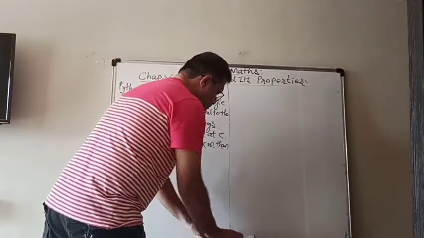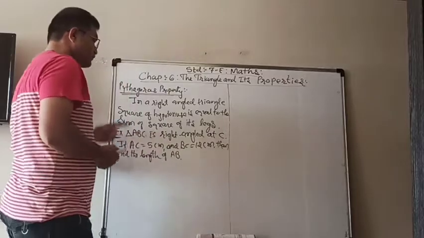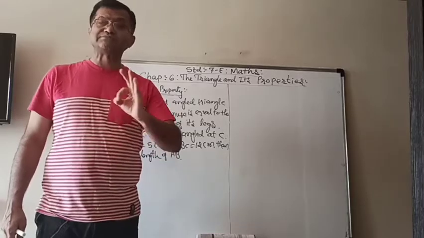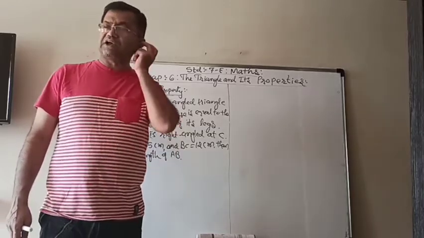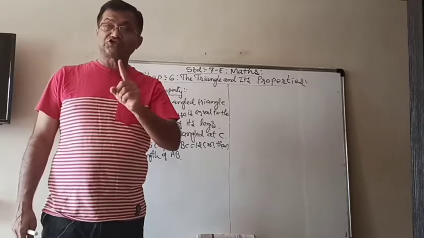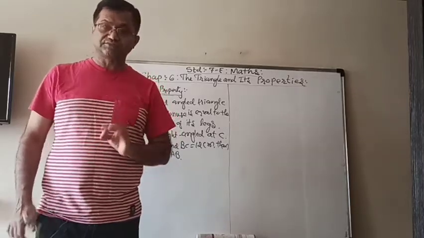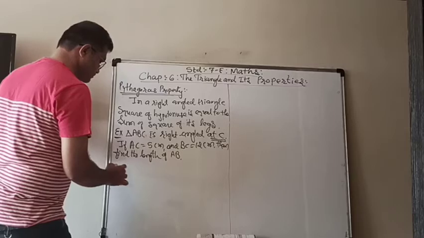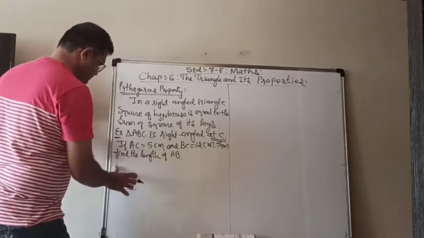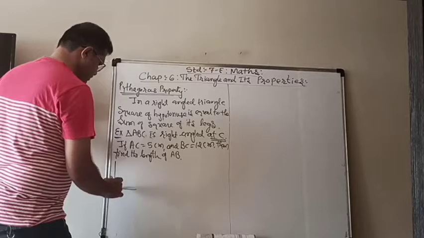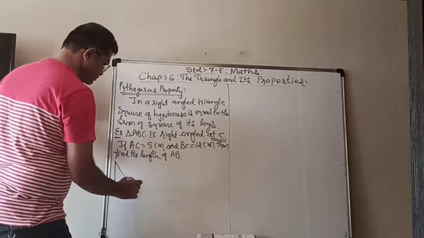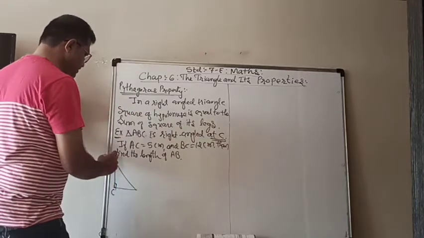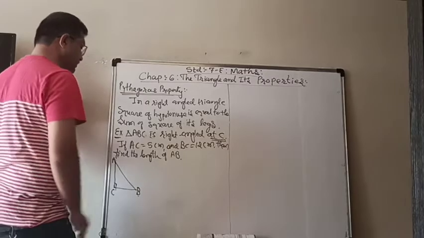Now, when there is a right angled triangle, first notice which is the right angle. Not always B will be the right angle, because according to that we have to put the values. So first of all, draw a rough figure always. So here, what is the right angle? Right angle at C. It means that C will be here. Generally you write A, B, C, but here right angle is at C. So C will be here, and then you write down A and B like that.